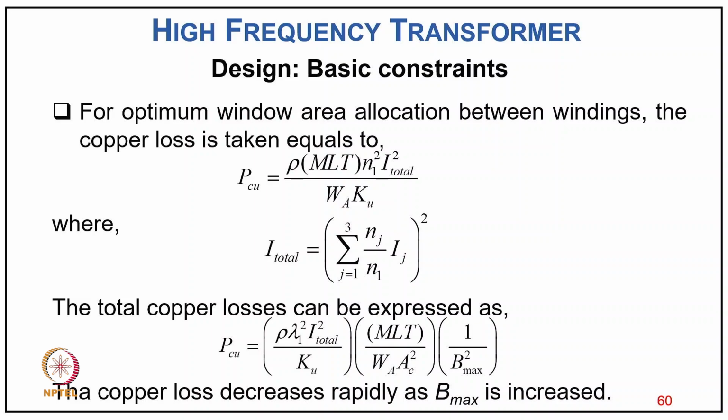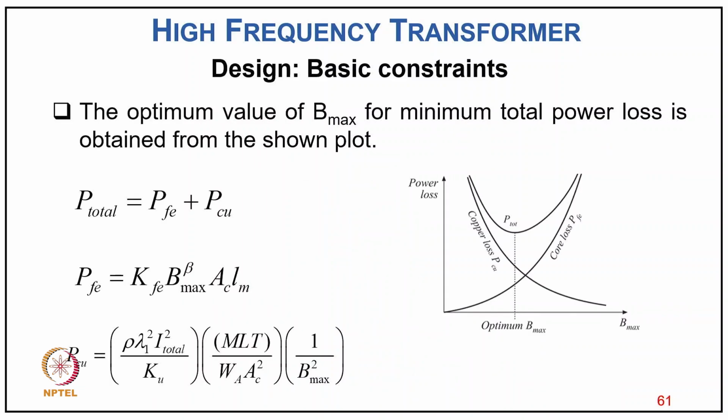for optimum window allocation between the windings, the copper loss is taken equal to Pc equal to rho MLT N1 square into I total square upon WKu, and I total equal to in bracket sum j equal to 1 to 3 and j upon n1 into I square. Total copper losses can be expressed as Pc equal to in bracket rho lambda 1 square I total square divided by Ku and MLT upon Wa Ac square into 1 upon Bmax square. The copper loss decreases rapidly as Bmax increases, and the optimum value of Bmax for optimum power loss is